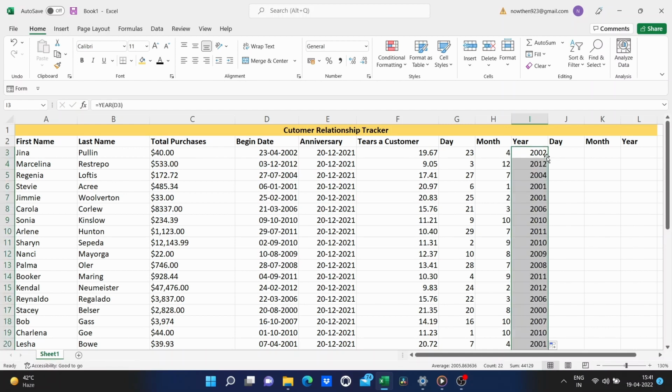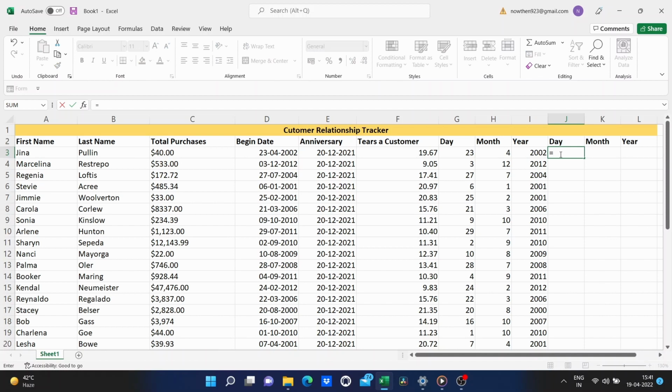Now what if you don't want to pull out the number of the day, month, or year, but rather you just want to pull out the text version of the date? Let's try that. Here in G3, I just click. I'll type equals, and then I'll type the word text with a left parenthesis.